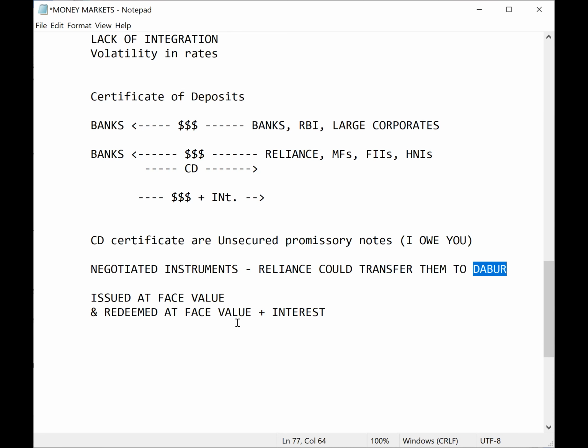Now Dabur would be able to redeem them from the bank. Please note it down, guys. If you have any doubt, let me know. So basically, its time period is longer or shorter. Time period would be between